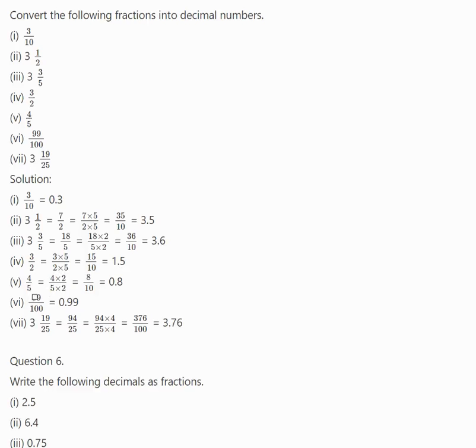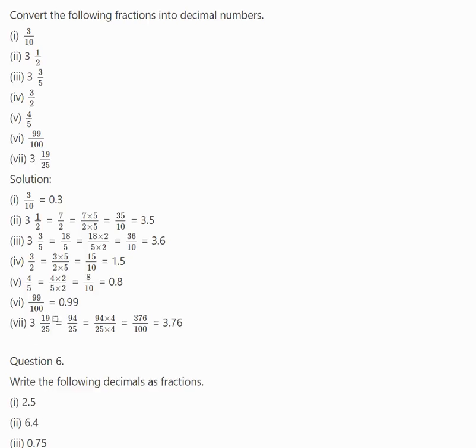Next sum, in the denominator we have 5. To convert this 5 to 10, we want to multiply both numerator and denominator by the 2 table. And 4 2s are 8, 5 2s are 10. 8 by 10, we can write it as 0.8. So 99 by 100, directly you can write the answer